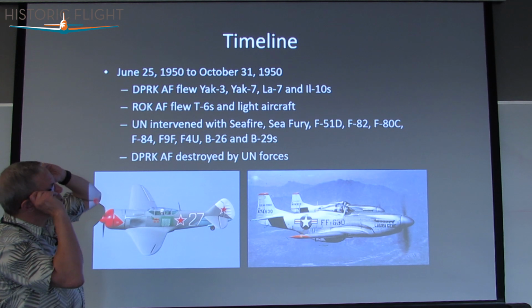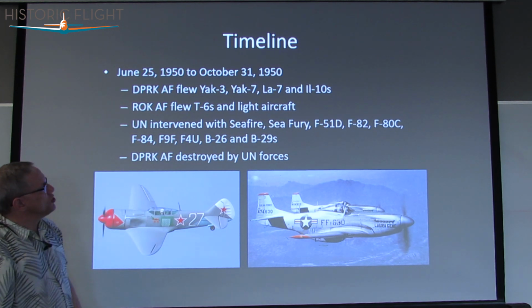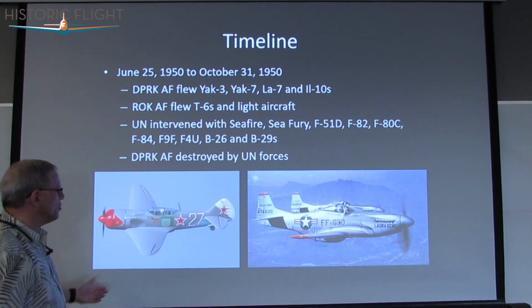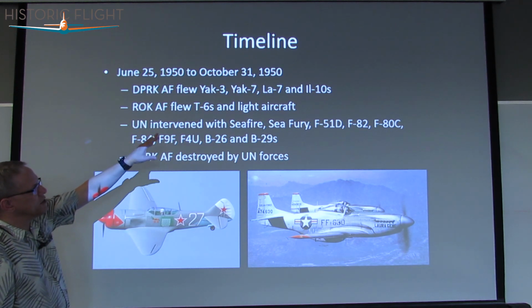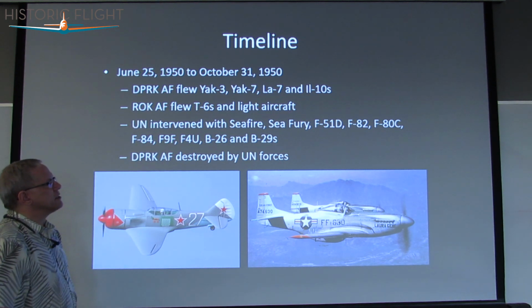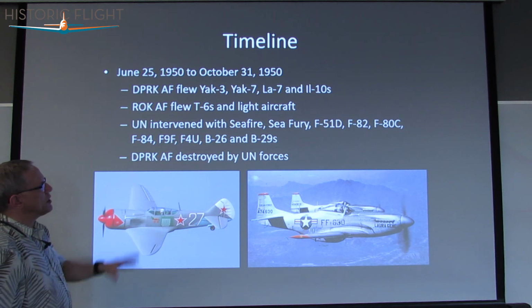So the timeline is broken into two parts. The first part was from the original invasion in June 1950 up to Halloween 1950, and the DPRK was the major air force involved, in fact the only, and they were flying Soviet aircraft, Yak-3, Yak-7, Lavochkin-7, and IL-10 ground attack aircraft. The Republic of Korea mainly had T-6s and other light aircraft,